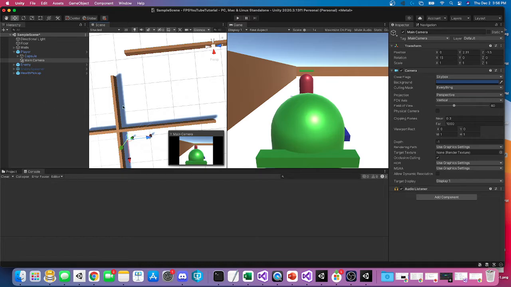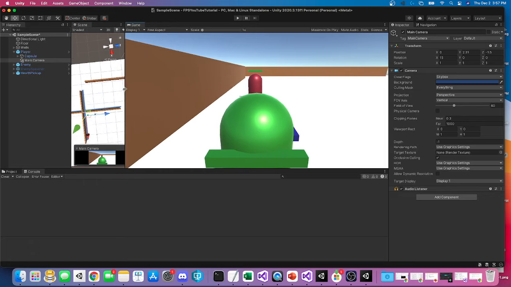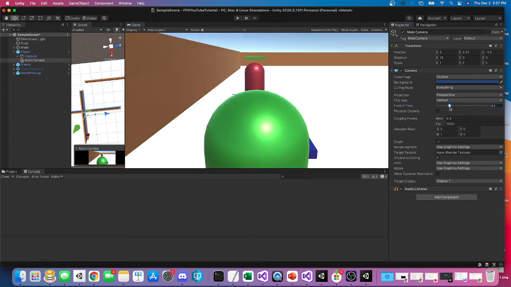Another trick that we could do is play with the focal length of the camera, and that's what we call the field of view. Now, here's the issue: a normal person sees just a little under 90 degrees in a forward arc. If we examine that, I'm going to give my game view a little bit more room here. If we narrow my field of view, you can see that